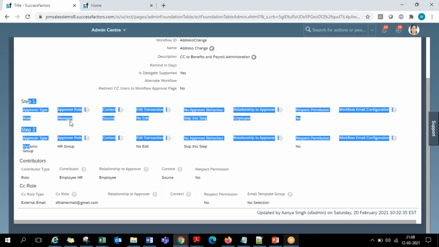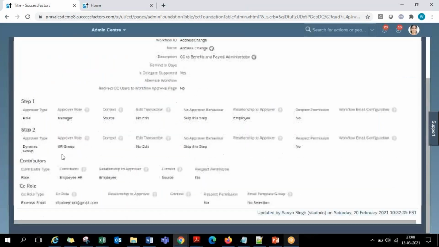And the behavior of an approver is they have the right to approve any request that came to them, or they can even decline the request that came to them. Whereas contributors are the people who can have access to the workflow. For whichever workflow they are maintained as a contributor, they have complete access.